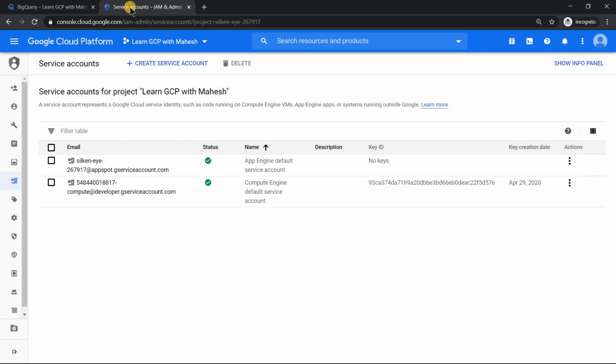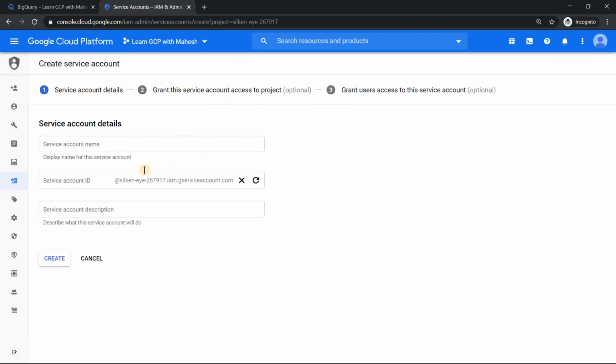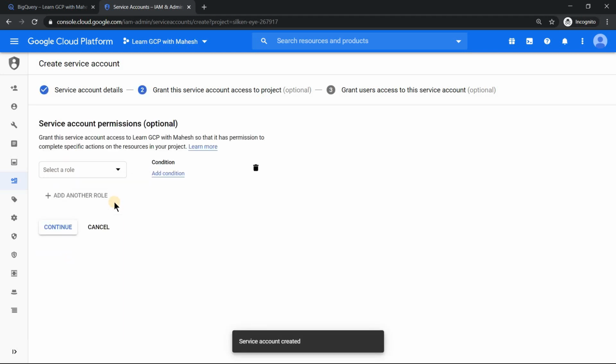In the Simba driver you get two ways: one is user authentication, another one is using a service account. So let's try the service account option. Let me create a service account and call it BQ-Simba. That should be a good name. And since we need to list all the projects, list all the data set tables, and also run the query,